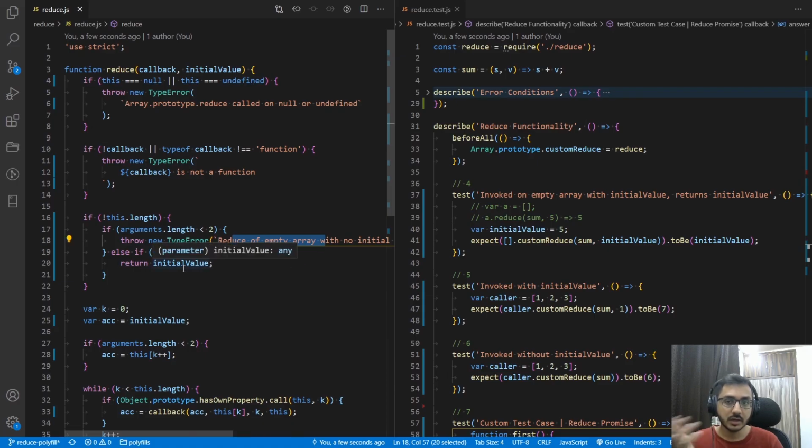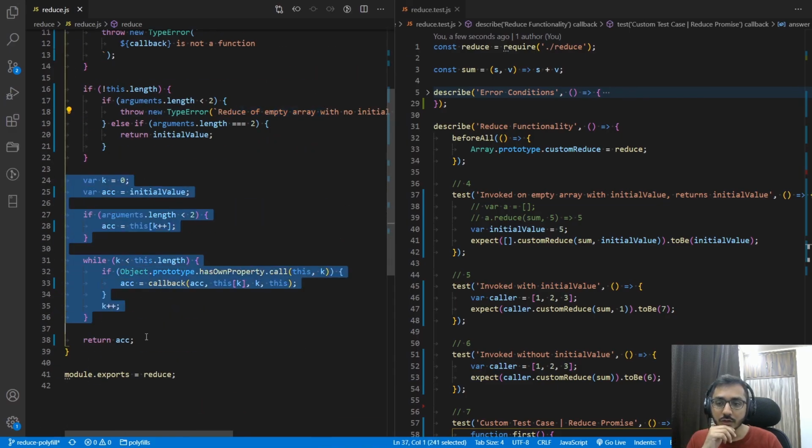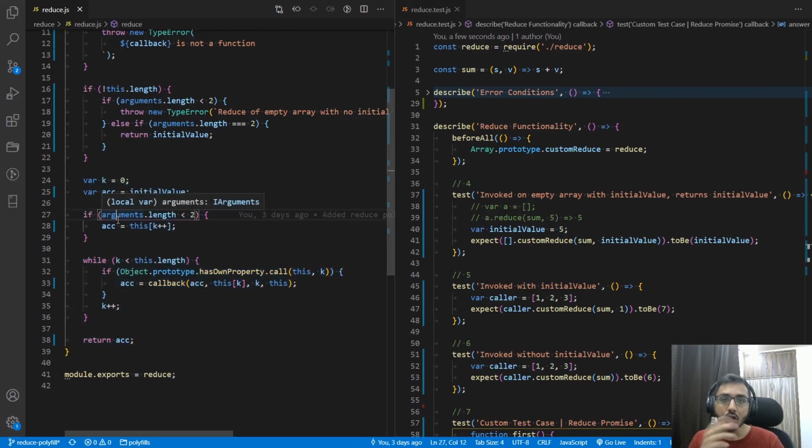And if we have an initial value, then we'll return the initial value. And this is the core functionality from 24 to 38, that the callback is iterated on every element of the array, and we are passing the parameters and storing them in this variable and returning this variable.